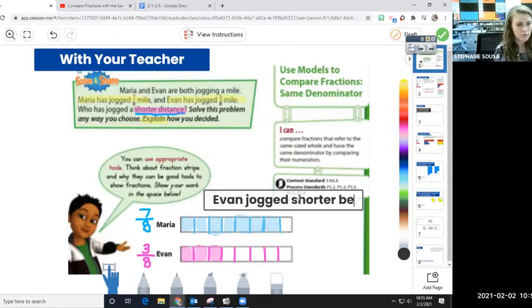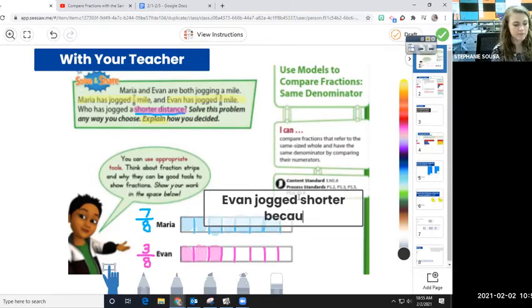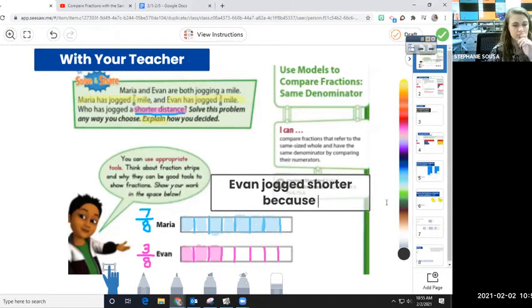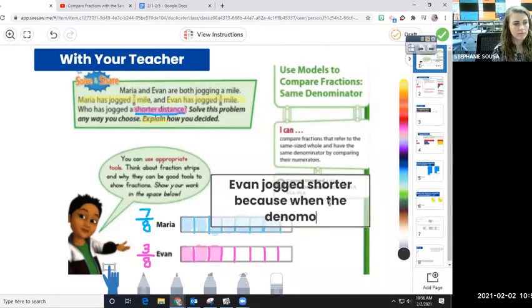Evan jogged shorter because when the denominator is the same,